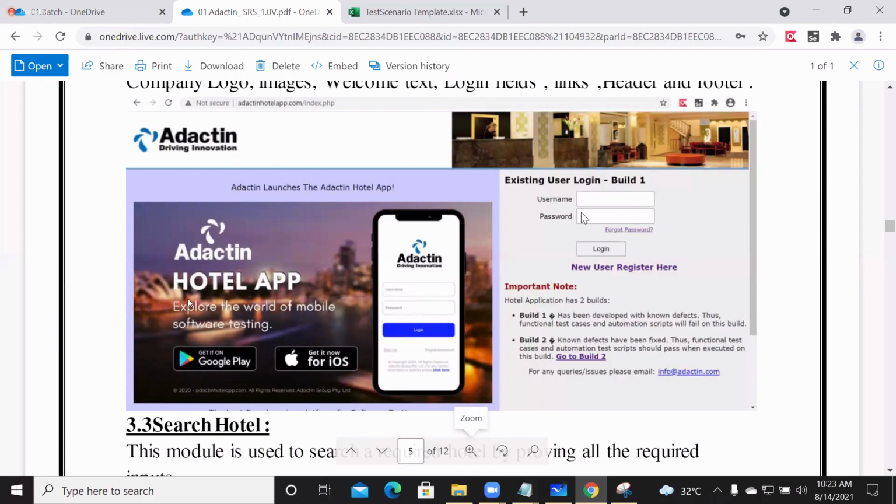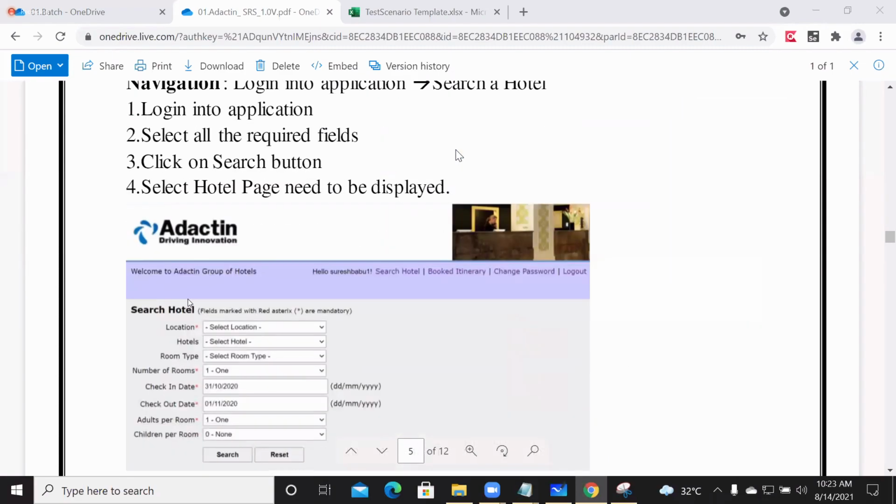One is verify login functionality, verify links, verify important nodes, this description, verify main heading, verify images, verify logo. After that, verify header information, the whole thing at the top, consider it header information.